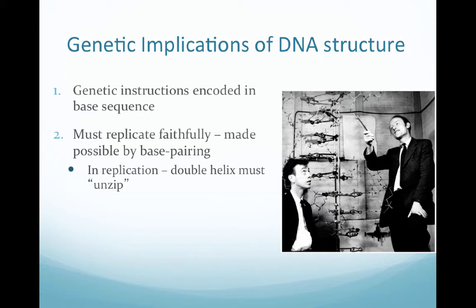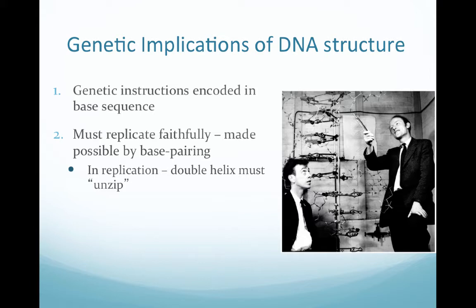So now that we have progressed enough through history and we figured out that this DNA genetic material is actually the mechanism or the biological chemical that is allowing genes to be expressed from generation to generation, there are four major things that DNA structure has to do, and the first one is that it has to encode base sequence. And that base sequence is really setting the stage for the protein that is going to be